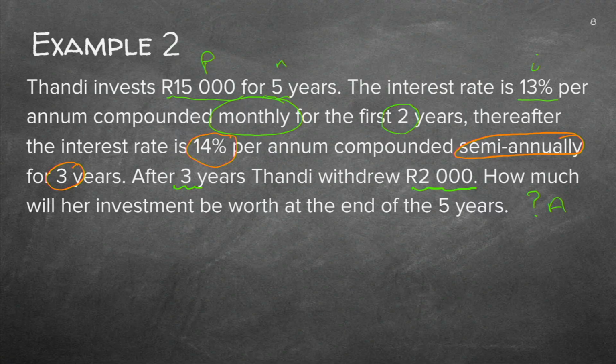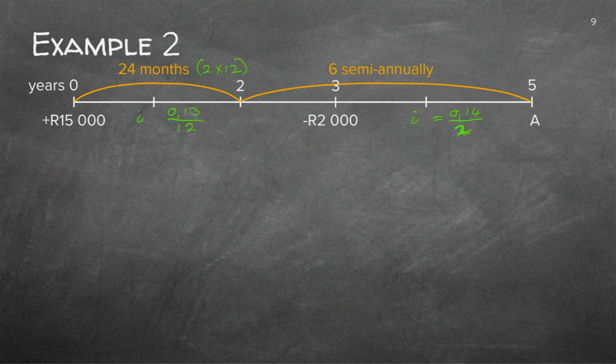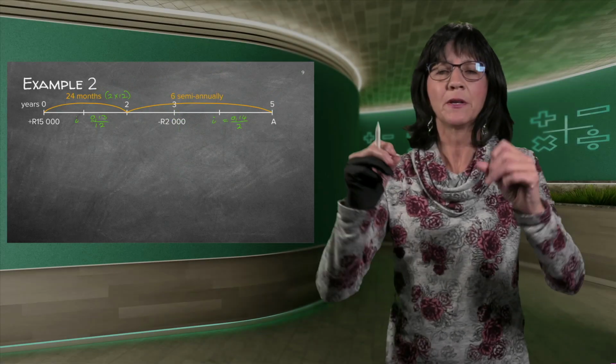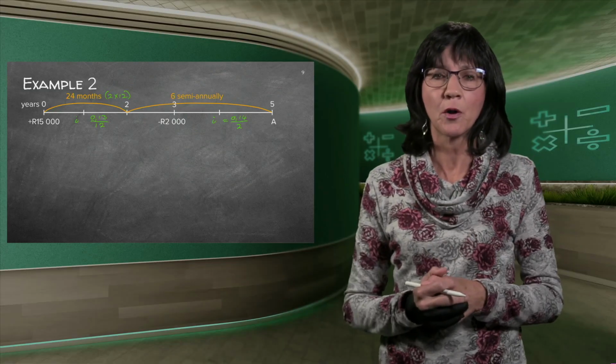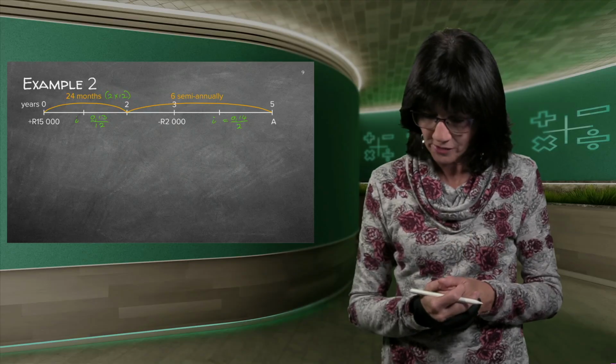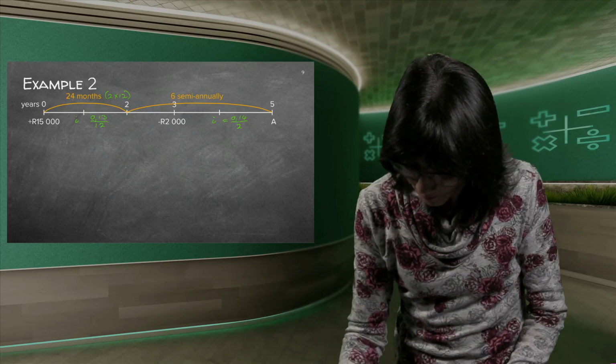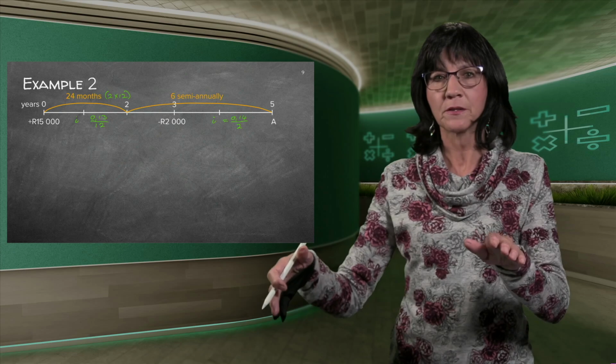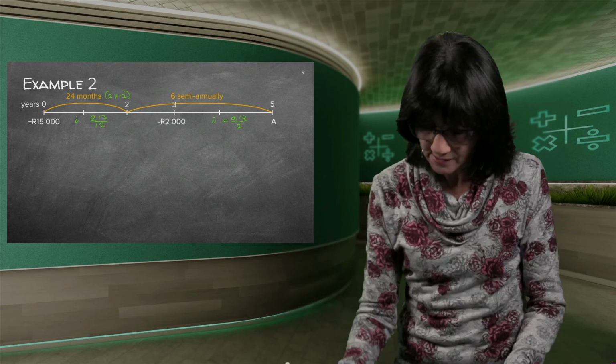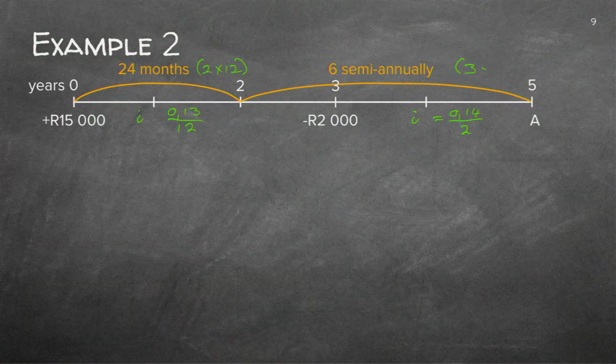Semi-annually, the orange. Good. So if I go back here, semi-annually, let me just make it neat. Semi-annually means I must divide by 2. You see how easily you can make a mistake. So you will have the sum in front of you, and right underneath the sum you'll do the problem, so you'll have all the information in front of your eyes all the time. So where did they get the 6 from? From 2 to 5, that orange bow is 3 years. So it's actually 3 years times 2, because now it is semi-annually. So they cut the year up in 2 pieces.